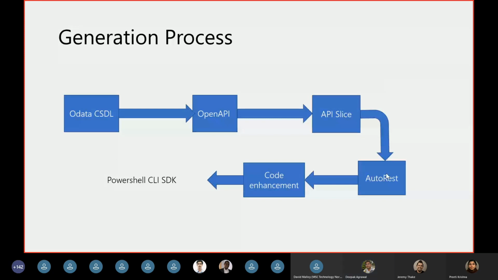After the slicing of the API is done, we feed the OpenAPI specification document for that particular module to Autorest. And Autorest has the capability now to generate the PowerShell commandlets. There are multiple teams also. Autorest is a quite popular code generation tool, and it has been successfully used by several teams to generate their commandlets. And we have also been working on the .NET SDK,